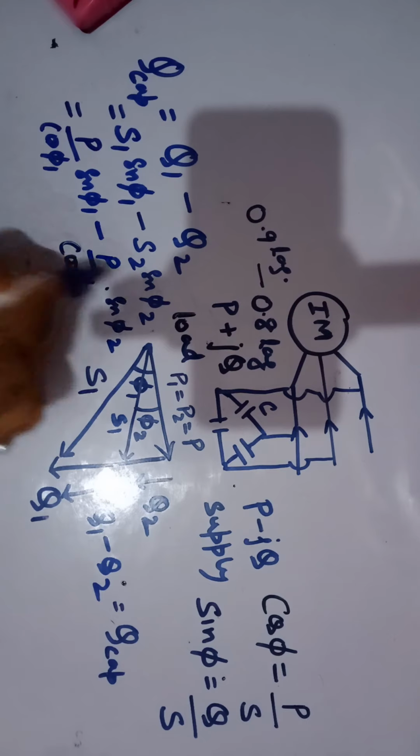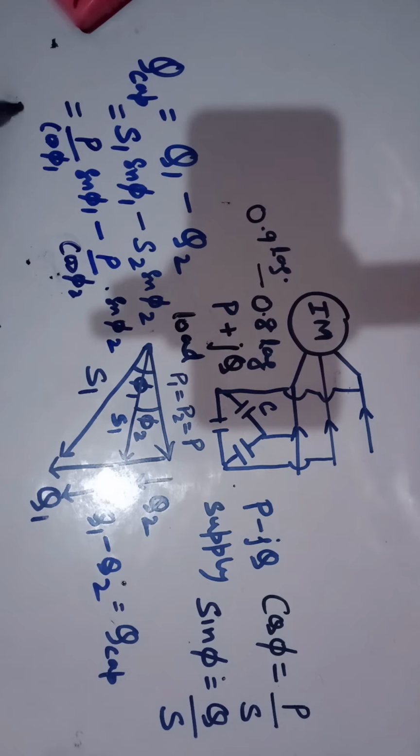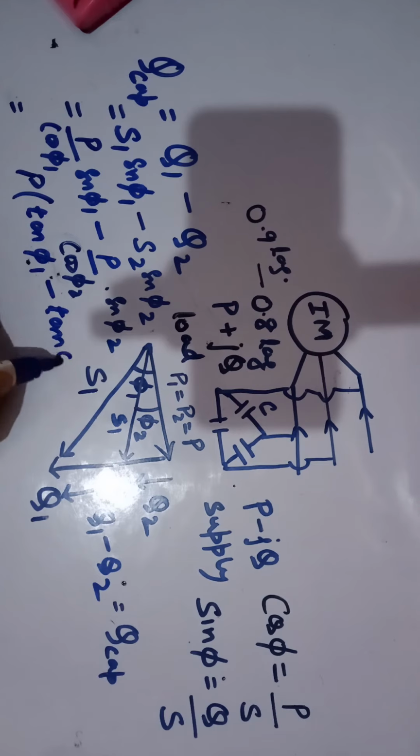So using trigonometry you can write it. This is sine upon cos, that is tan. This is sine upon cos, that is tan, and P is there, you can take it common. So you can write it as P times tan phi 1 minus tan phi 2. So this is the relation you can expect. So this you can say that this is the initial power factor